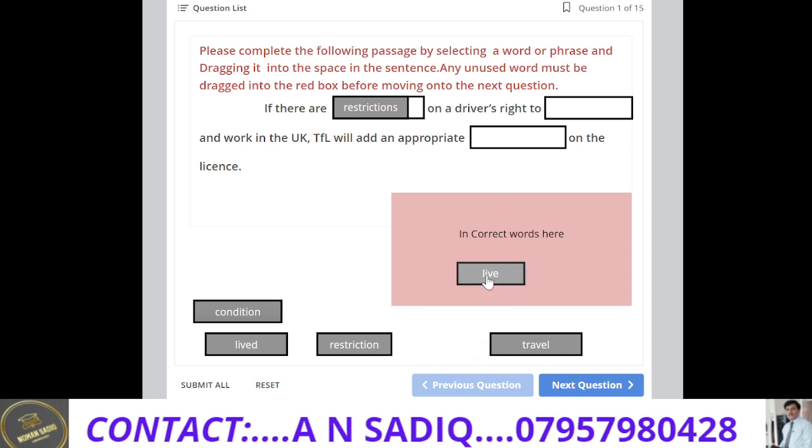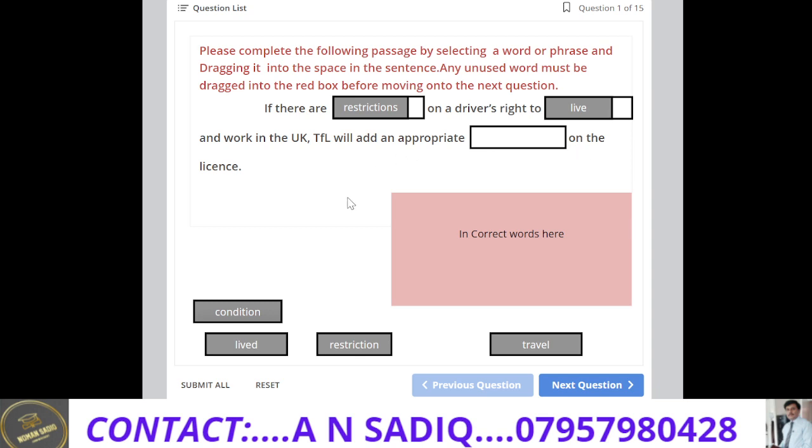So we will use live here. Now let's try to fill in the next gap. So again we will read the sentence. If there are restrictions on the driver's right to live and work in the UK, TFL will add appropriate then